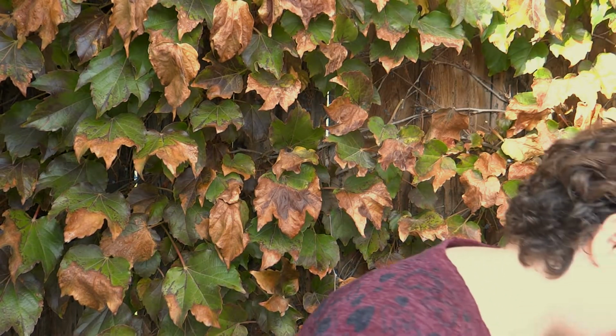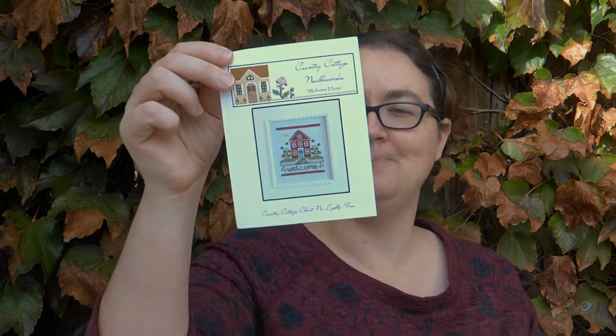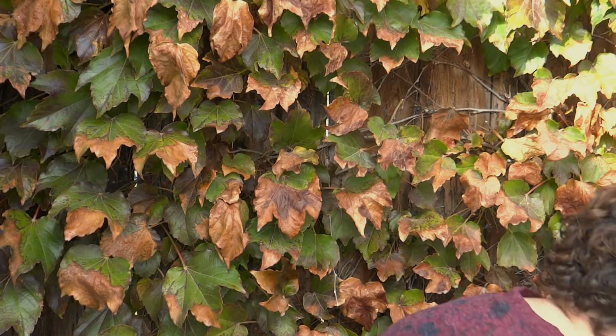The next one I pulled out to work on, Welcome Home by Country Cottage Needleworks. Got a lot of vehicular noise going on, sorry about that. Nothing I can do about it except film inside, and I didn't want to. So with this one,